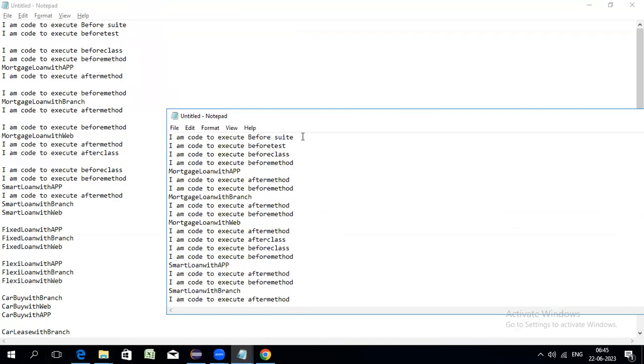So this is what we executed. First one, before suite. Yes or no? Yes. Then before test, then before class, then before method, then the actual method, and then after method. Then again before method, then actual method, then again after method, then before method, actual method, after method, then